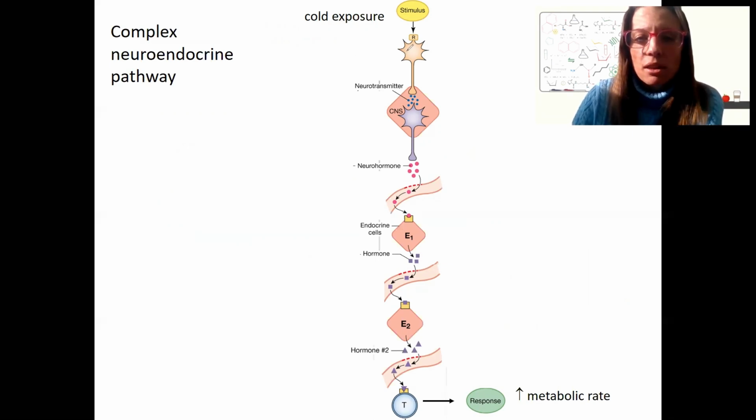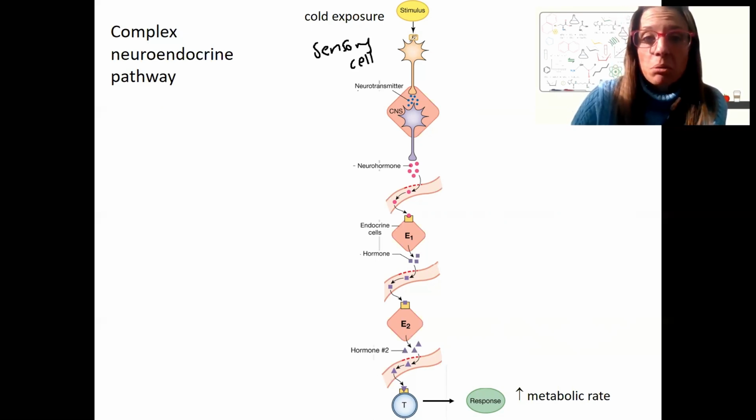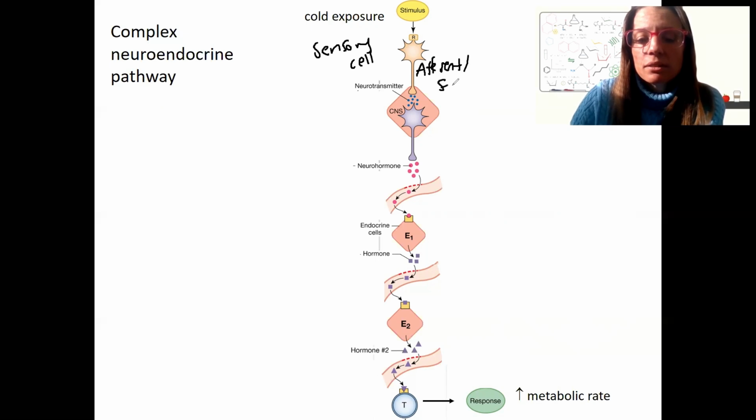Let's draw out where all of these cells are. Well, this is going to be a sensory cell. Maybe this is a cell on the skin, maybe it's inside the body, whatever. It's detecting the cold. This is going to be an afferent or sensory signal that travels to the central nervous